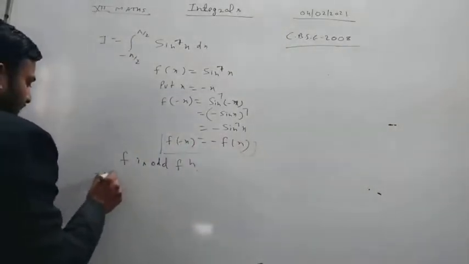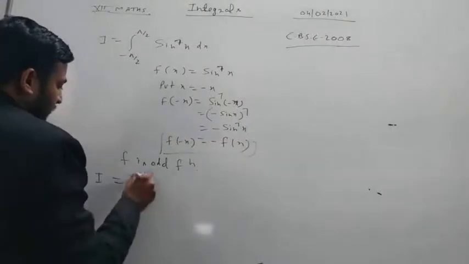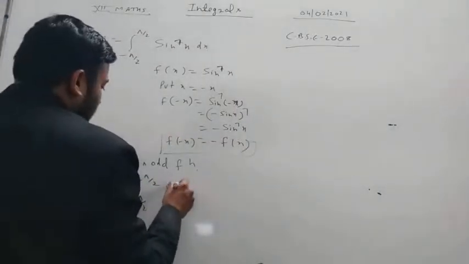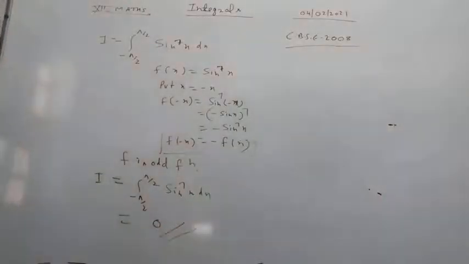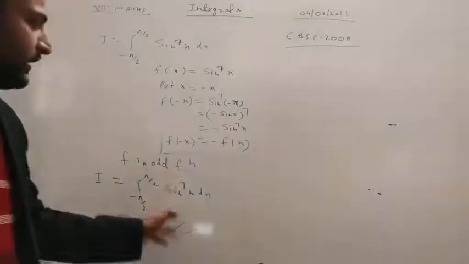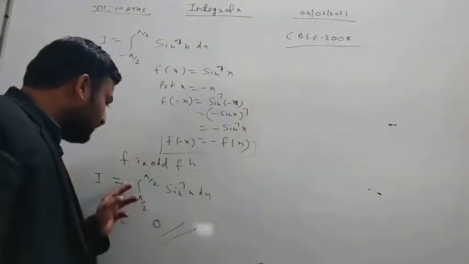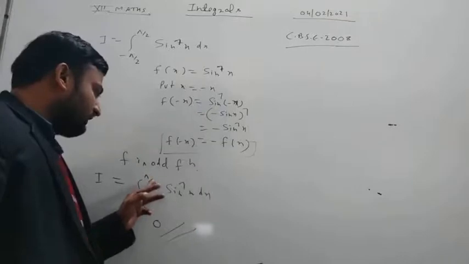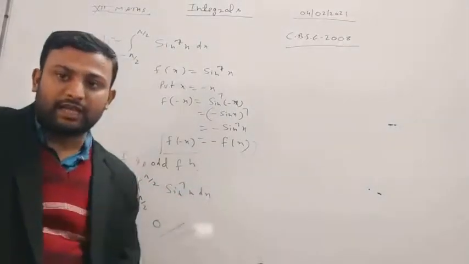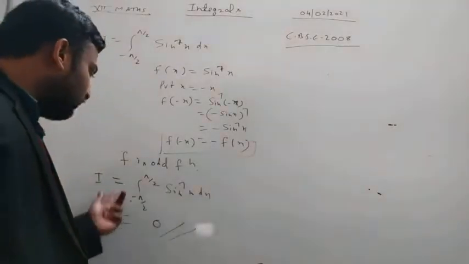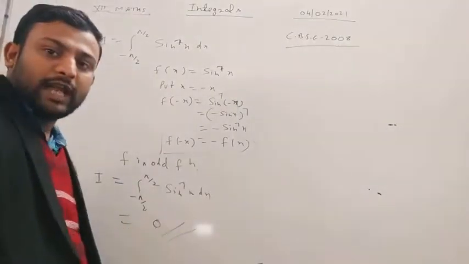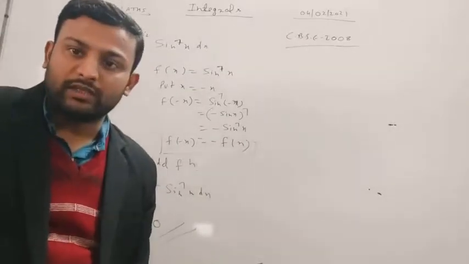So the integration from minus pi by 2 to pi by 2 of sin^7 x dx is equal to 0. It will be our required result. I hope you understand friends, because this is our odd function. If it were an even function, then we can write 2 times the limit 0 to pi by 2 of sin^7 x dx and then we integrate it. But in case of an odd function, it is the formula that the integral will directly be 0. Okay, so thank you so much students.